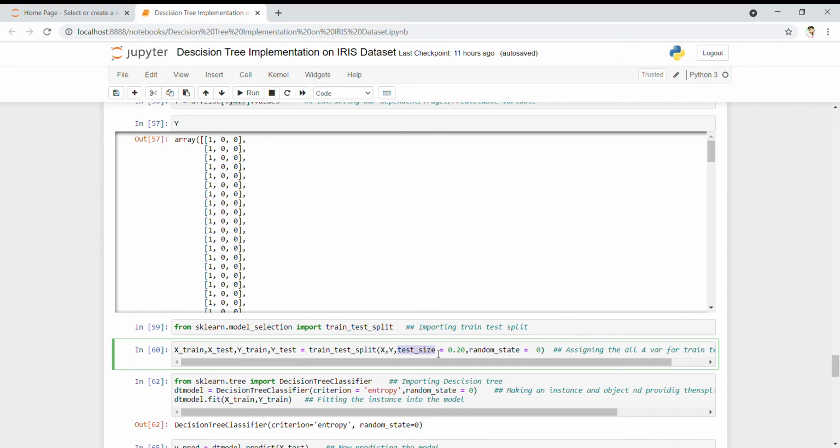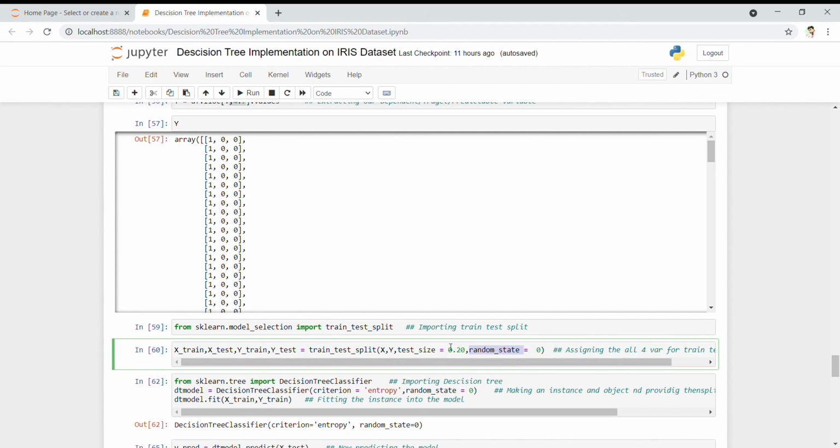I split it with 0.20, that is 80% in my training dataset and 20% in my test dataset. I also provide random_state equal to 0, so it takes the same sample every time. After executing this, it runs fine.